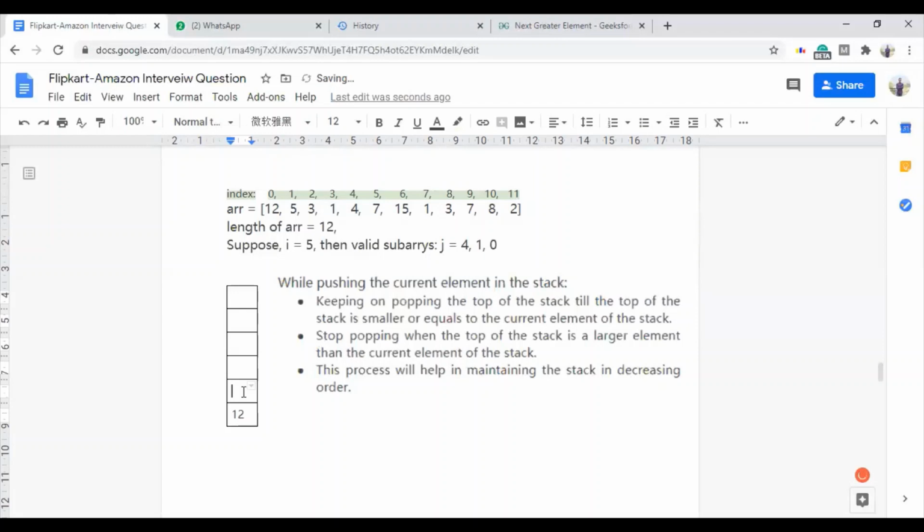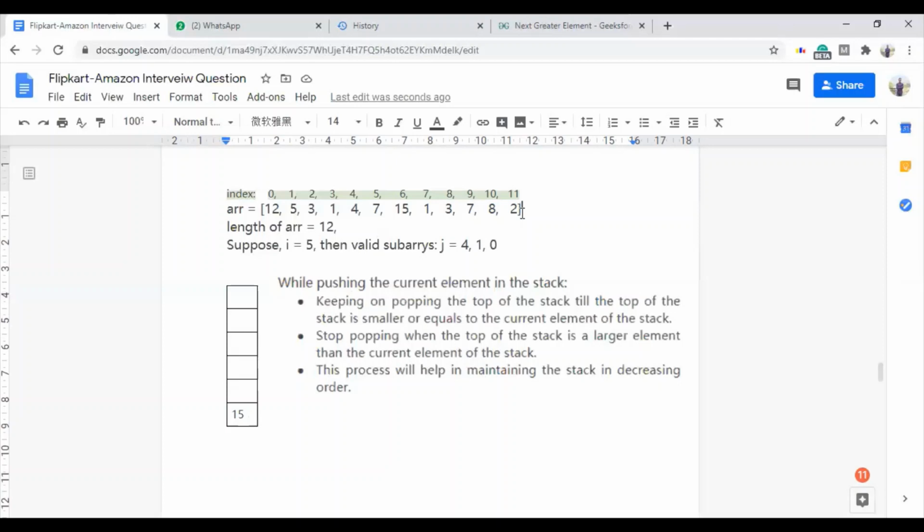Now as 12, which is the top of the stack, is smaller than 15, we will pop 12 out as well. Now the stack is empty, so there is no element left. So we will just push 15 in the stack. So for 1, we can see that the only valid value which j will take is 15 and the stack is only giving us that value. Right? Now similarly for all these, we have to follow this approach only.